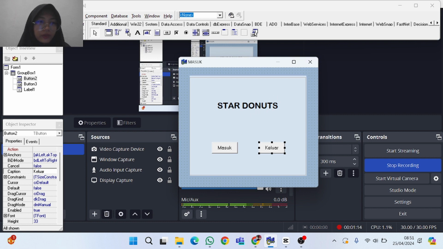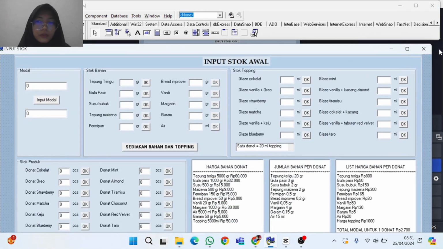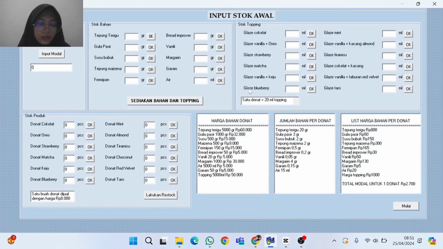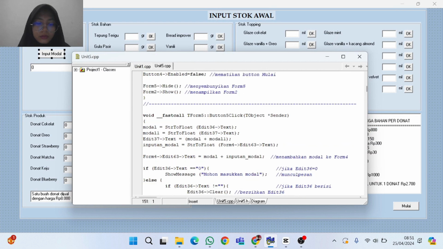Okay, I will go to Form 5. This is a shortcut for the capital input button.